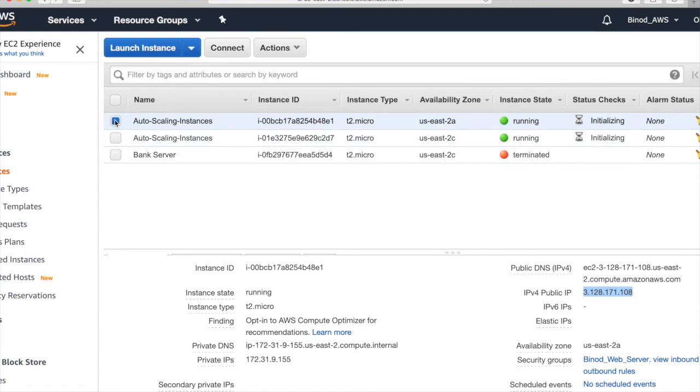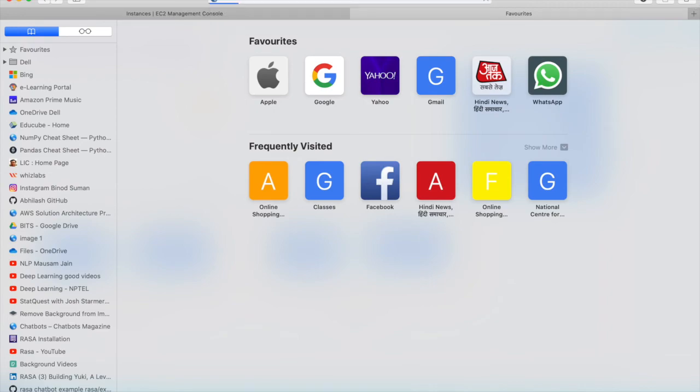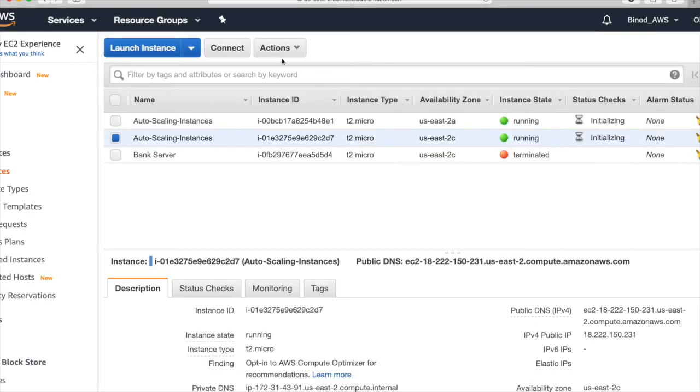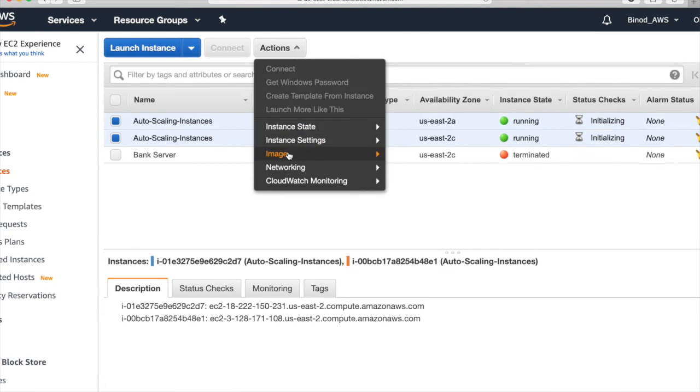Even if you go to the other instance, you can do the same thing, and you can see that this instance is also working fine, right? Now for the experiment purpose, what I will do is make both instances stop. So let's see what happens.